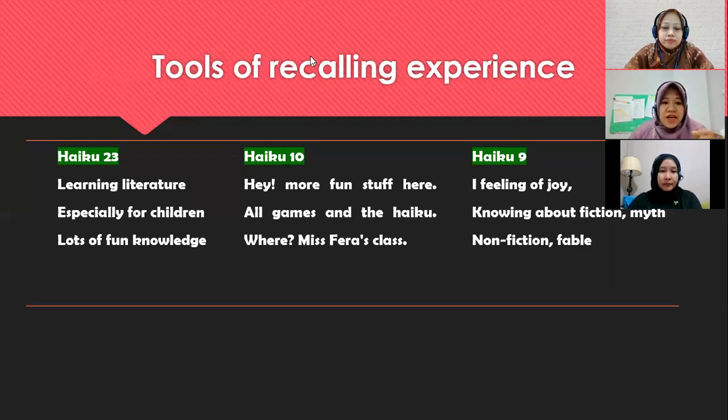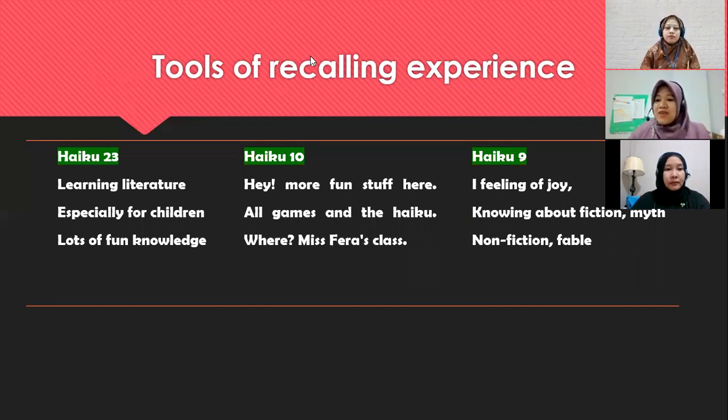As we can see on the screen, some of them also reveal that haiku reminds them of their childhood time, when they were playing with their friends during their childhood time. And then the